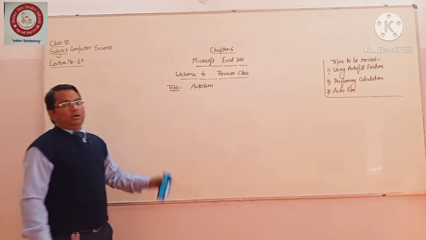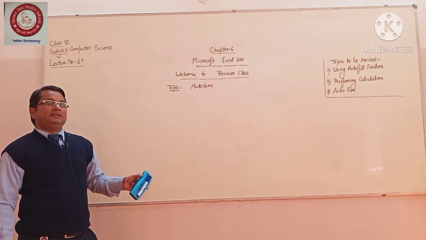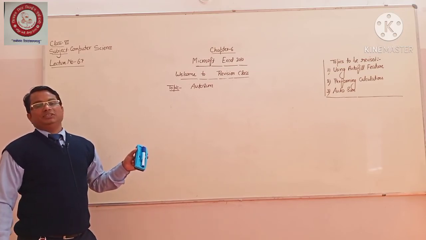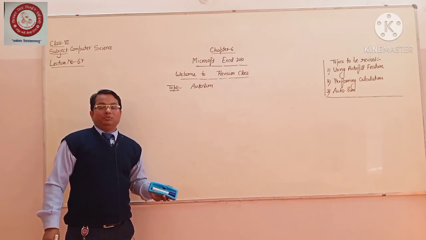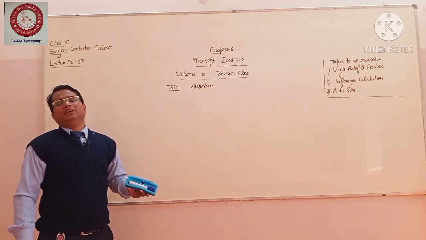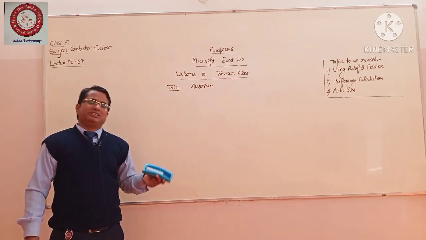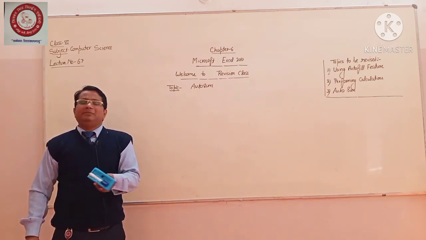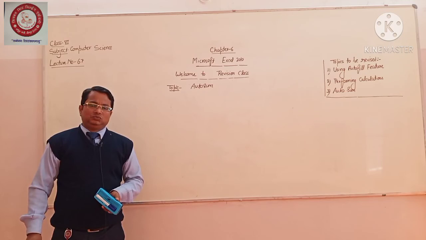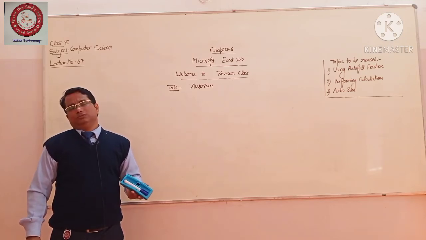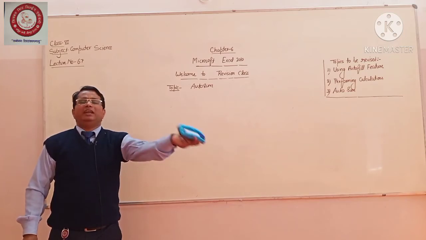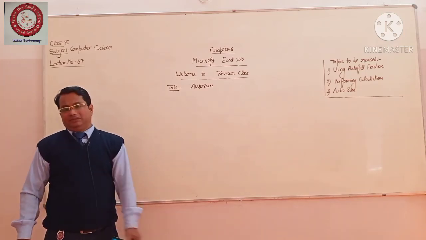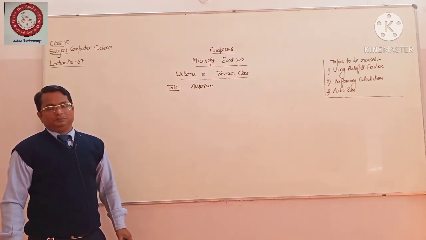So right now, AutoSum is a feature of MS Excel, giving you the sum feature in an automatic way. No need to type any formula, just use your mouse, click in one or two places, and immediately you will have the answer. Okay? No use of keyboard. Only use your mouse to click 2 or 3 places, and immediately you will have the answer. So it will save your time, it will save your effort also.